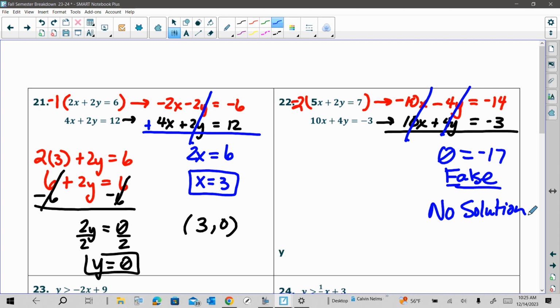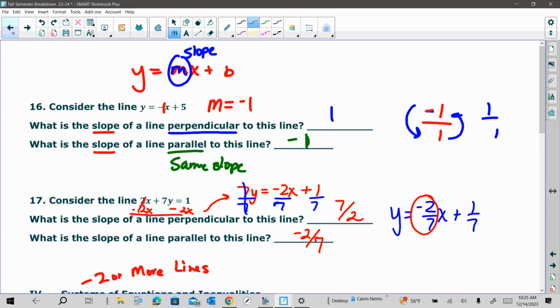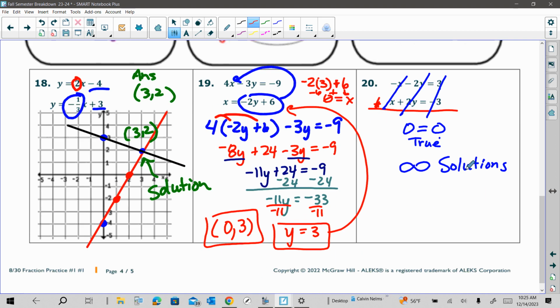So if you wanted to solve this by graphing, this would be parallel lines. If there's no solution, you have basically parallel lines. If it's infinite solutions, you have the same line. So like on the one that we did on the front page, because this is infinite solutions, you would have a line drawn and the exact same line on top of it, so that you would have the same line. So if you're using the graphing method,